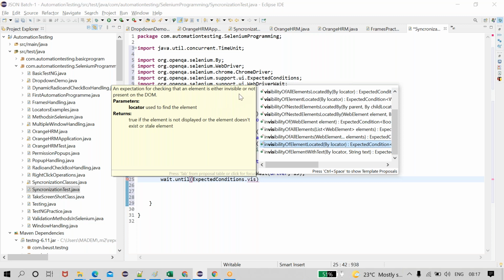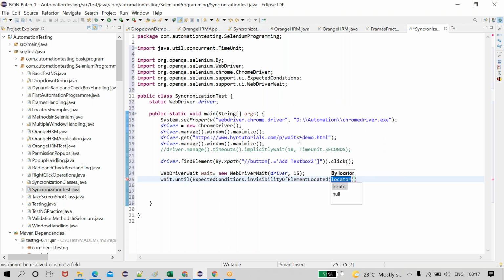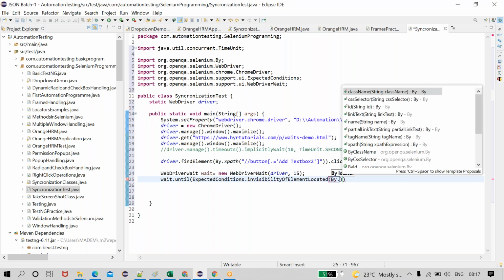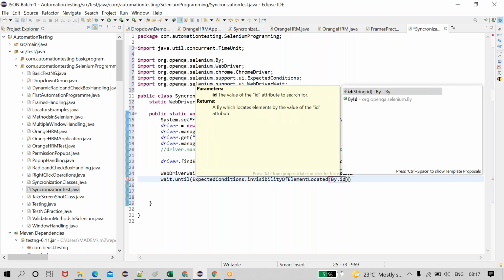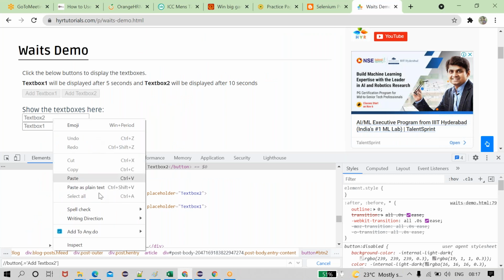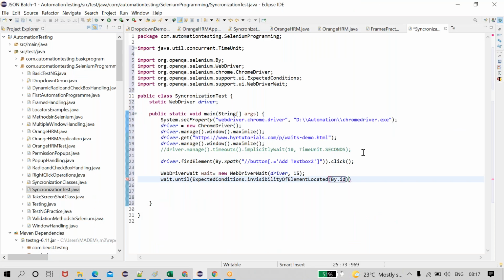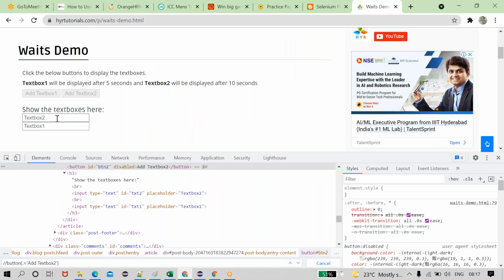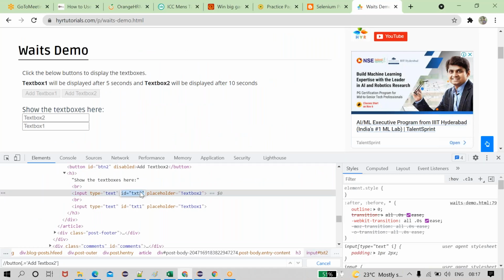If it is visible on the DOM page, it won't show any exception. It is showing the locators, like for findElement. Directly we use By dot. I am taking ID, for text box 2.